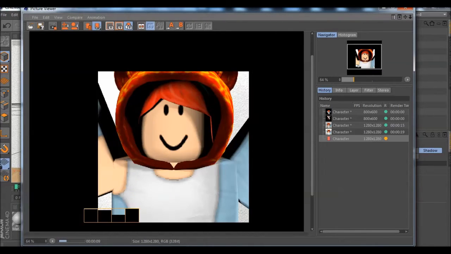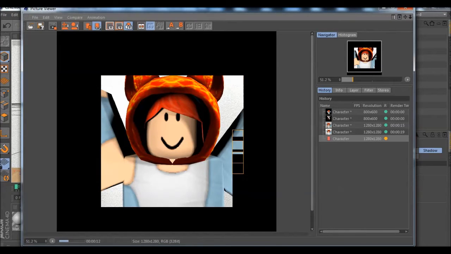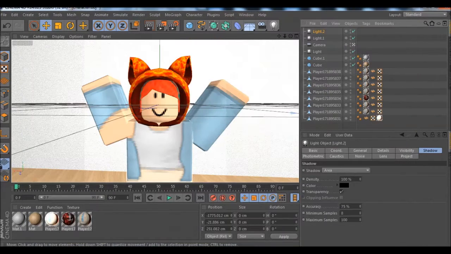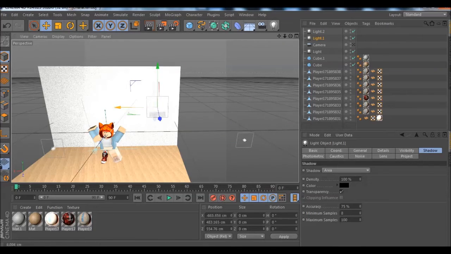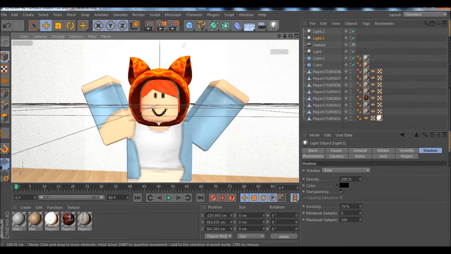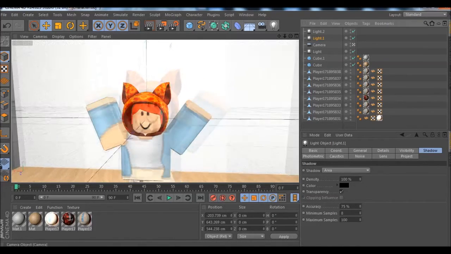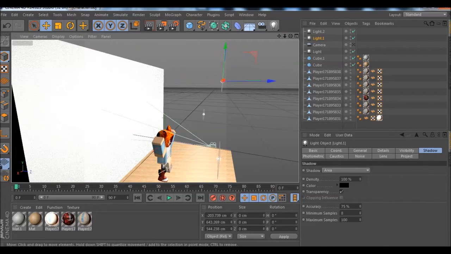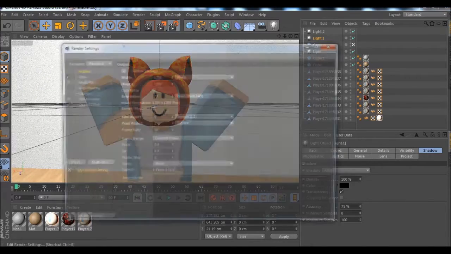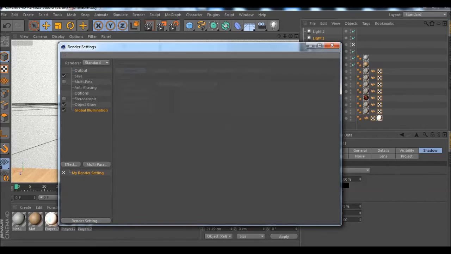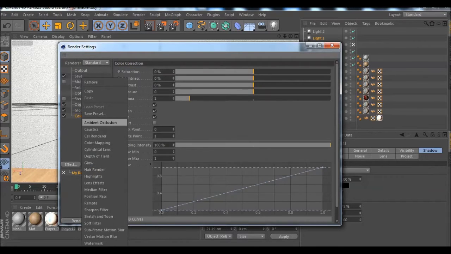that's strange actually. Okay, there's still shadows. I'm just trying to think about this. Oh, of course. There we go. And then I'm going to turn on some global, some color correction, ambient,